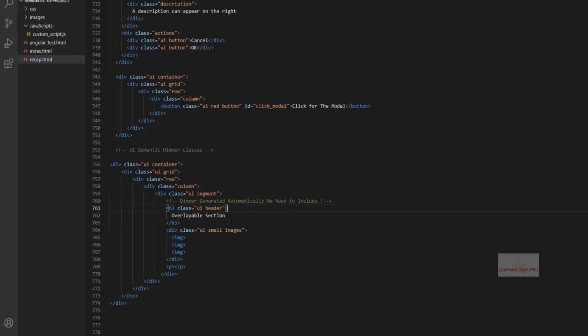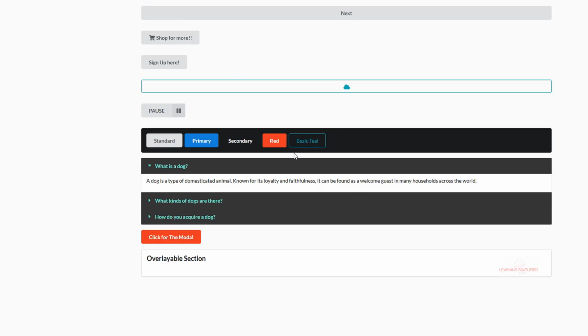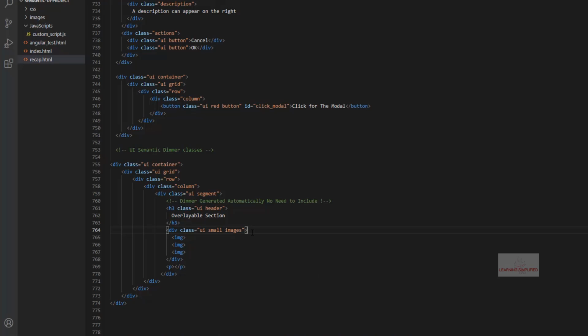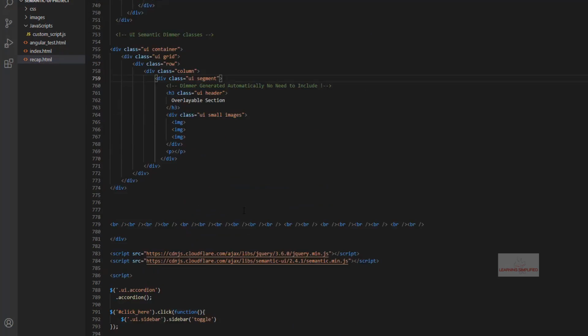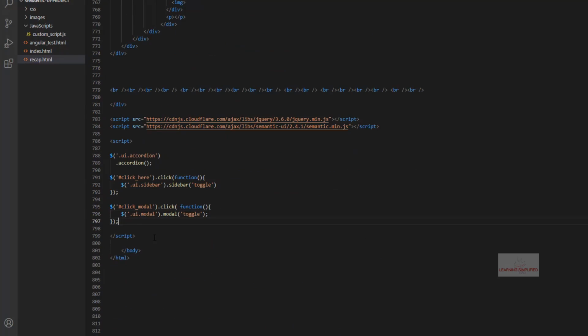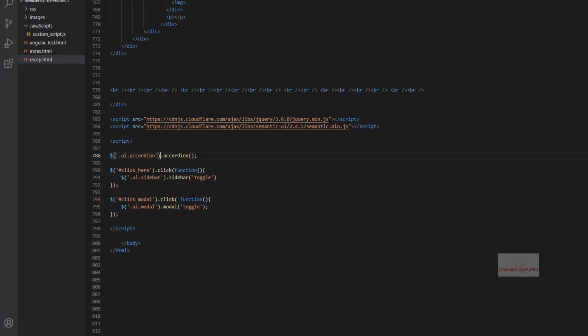We will be seeing to that, but first of all if we press Ctrl S and head back to our project and reload, we can see that the overlayable section is right now within the container width which has been used so far in our project. But we can see that there's no such dimmer right over here. To activate the dimmer class, we need to initialize it right over here. First of all let's make some amendment here.